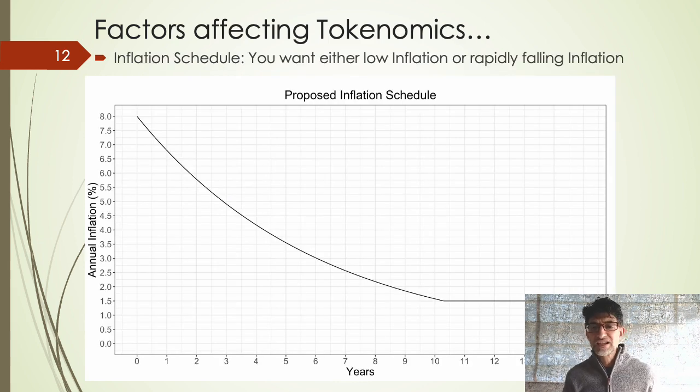Inflation schedules. I like inflation schedules that are going down. Near's inflation schedule is basically about 5% flat line, and then it goes down after it reaches something like 1 billion transactions. But I like this one here, from Solana Labs, because it gives you a carrot. It gives you a motivation. So it started out at 8%, but it's rapidly declining. So that's what you want to look at. You want to see an inflation schedule that's going down. So it gives you hope. It gives you hope that there's going to be lower and lower dilution going forward.